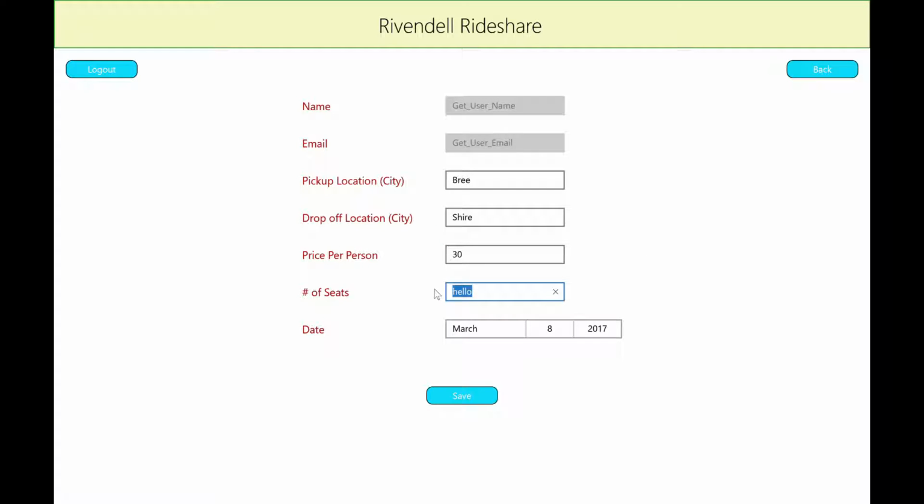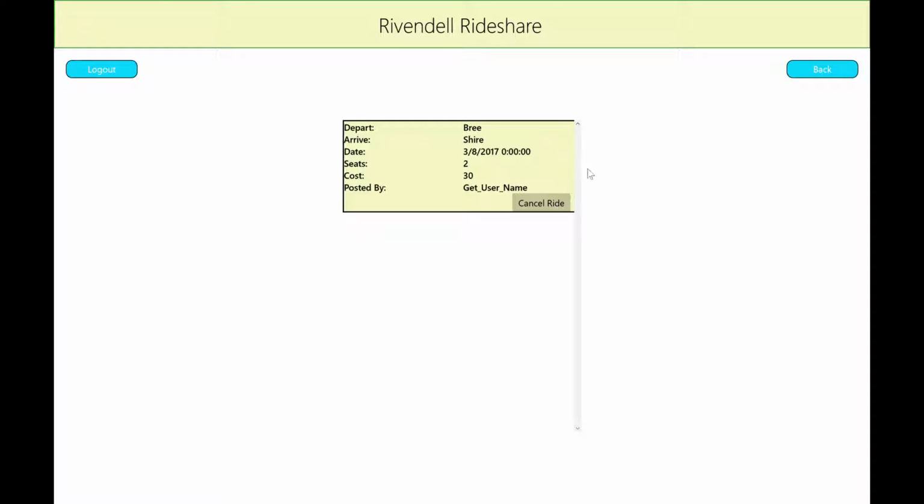So we have a format check there to see if it's in a correct format, a little try catch for numbers. If we put 2 there, and again, it's the same thing for cost. If we put something silly for cost, it's not going to be happy about it. But if everything's correct here, we save it. It takes us to our My Post page. So now we can see this is a ride, Bree, Shire, this is the date, seats, cost,